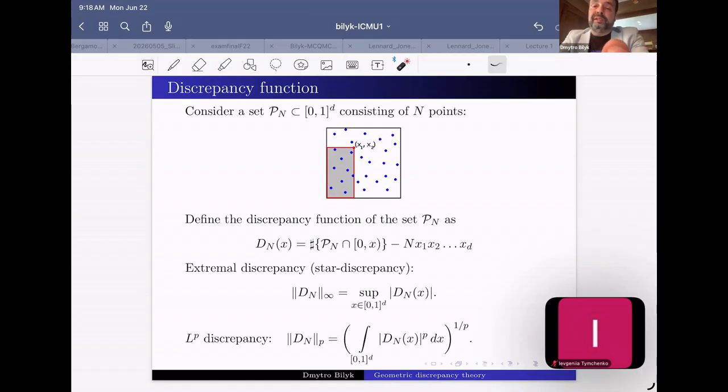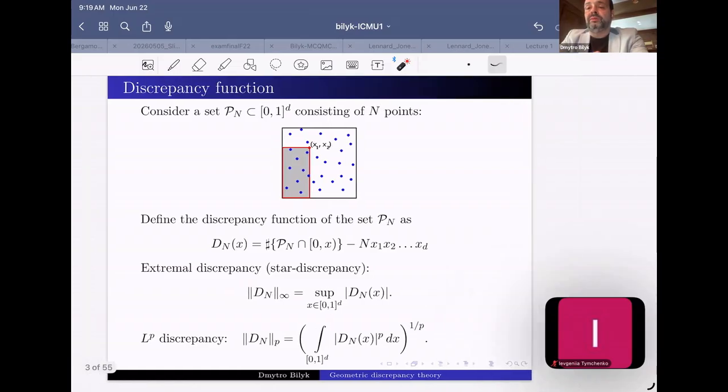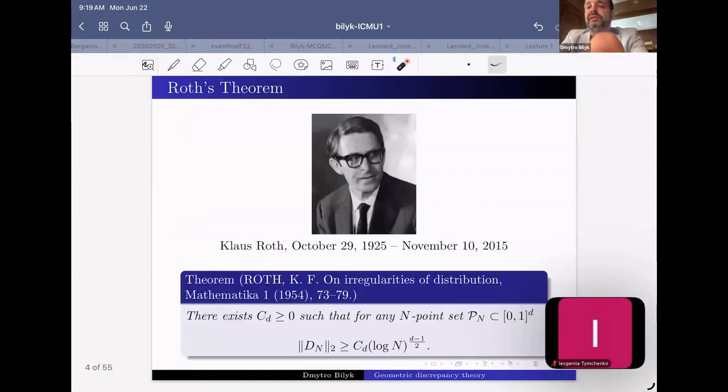And also, if you know something about the LP norms, say the L2 norm, then you can say, well, the L infinity norm, the supremum, is bigger than the average, right? So that gives you some partial information. So I will go straight to one of the main theorems that I want to talk about today, and this is the theorem of